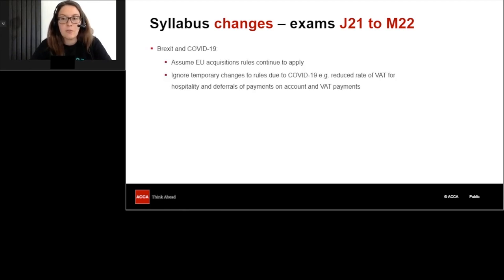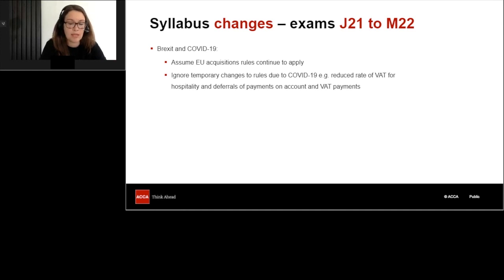So before we get on to a couple of the trickier areas that come up in taxation, I wanted just to clarify a couple of things around some current affairs that are affecting tax in the real world, and therefore is that relevant for your exams. So one of the things is Brexit and the impact of that. The main area that in your tax exam that could be affected by that would be VAT, but for this coming year certainly anyway, we are just assuming that EU acquisitions just carry on and just continue to apply,